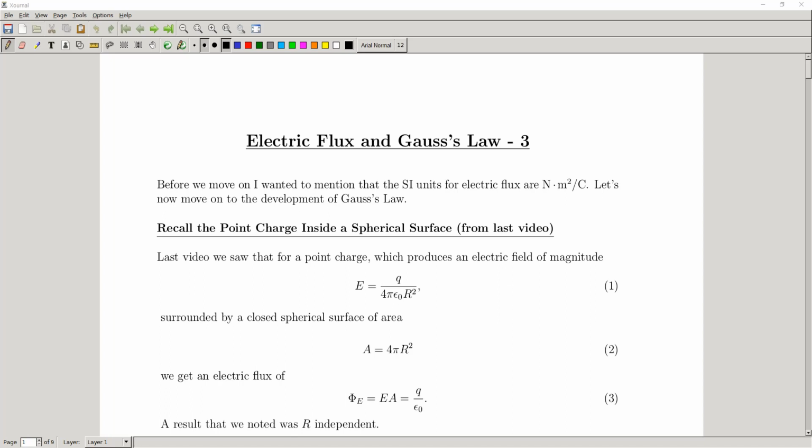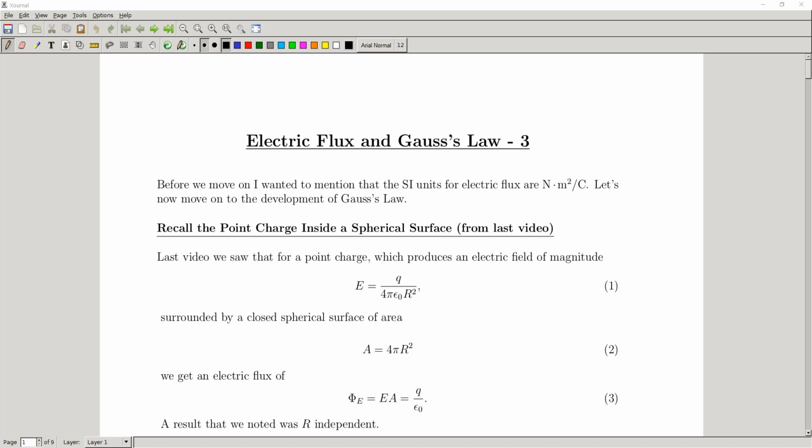Okay, this is going to be our third video in our electric flux and Gauss's law series. In this video, we're going to wrap up our discussion of electric flux, and then we're going to use it to motivate our generation of Gauss's law. From there on, we're not going to talk too much about electric flux. We're mostly going to talk about it in the context of Gauss's law,